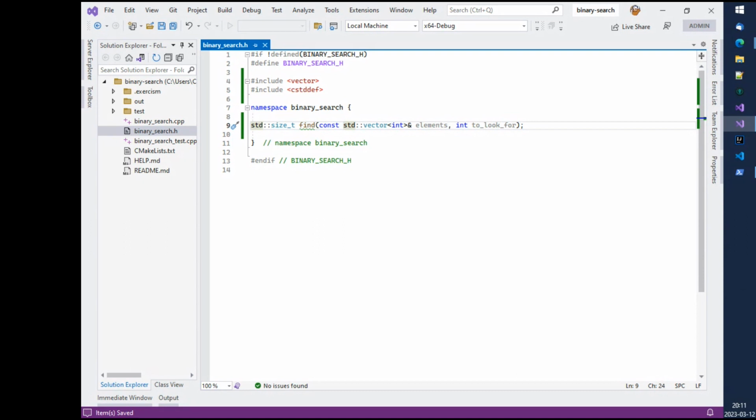So for those of you who are not used to something like this, in C++, objects can be const or they can be non-const. If the keyword const is not used, then it's a non-const object. So if you have a const object, you can only call const methods on it,